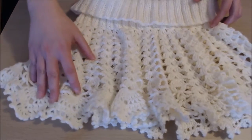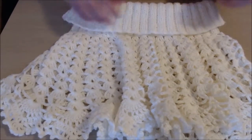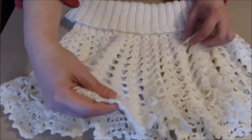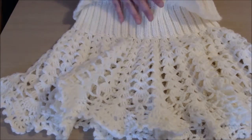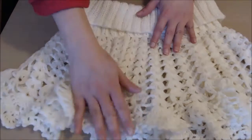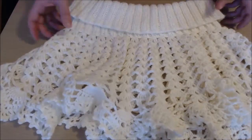One of the things I've been asked to make is this beautiful cowl where the neck is knitted and the rest of it is crochet. It is very fine. It does require some 4-ply. This is 2 strands all at once to make it nice and thick, nice and warm, very soft. But the rest is just 1 strand crochet. And it does take quite some time. I've been asked to make another 4, possibly 5. And I've started on 1